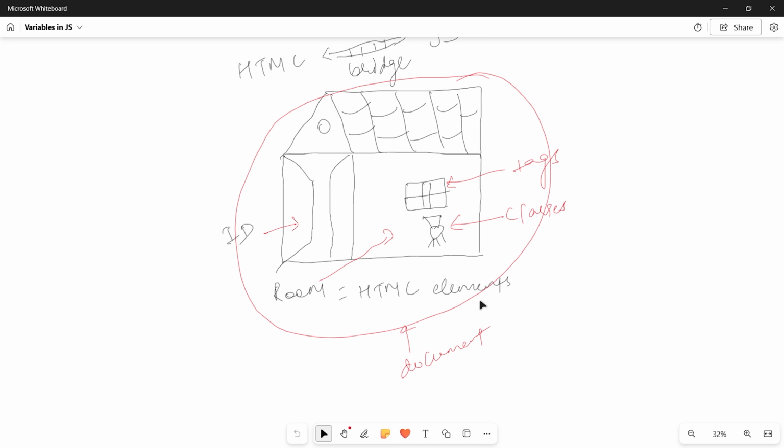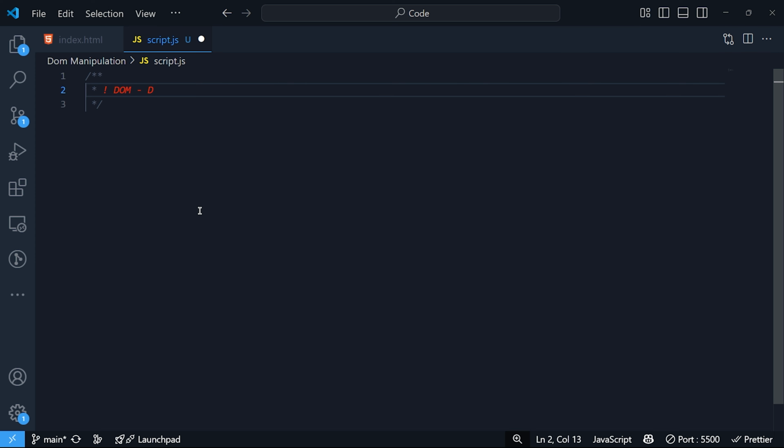You have to change a poster on the wall. Then what's the wall over here? Walls are tags. If you have to change it, you have to access the tags. So just like that. So DOM is